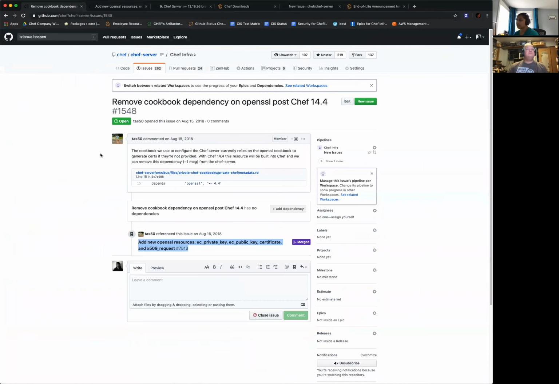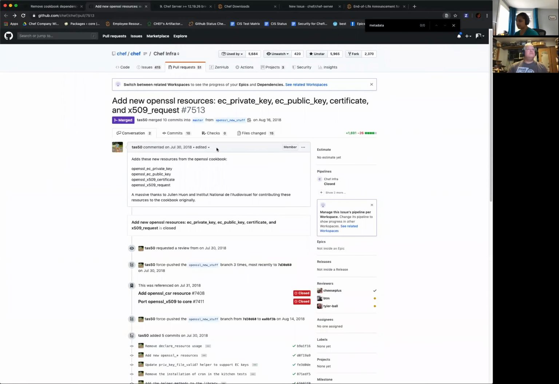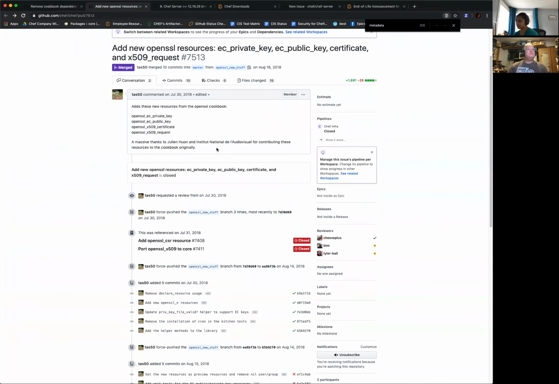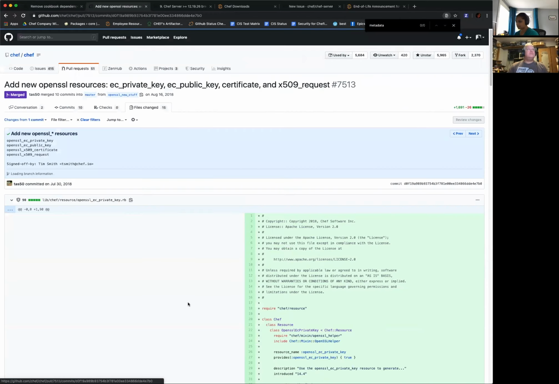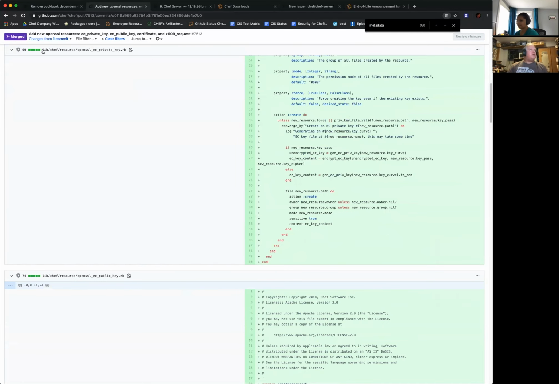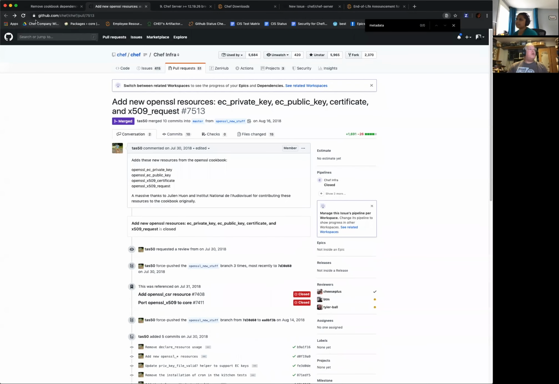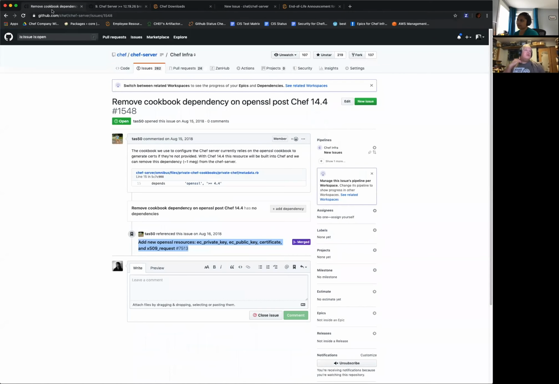This is a metadata file, right? Metadata.rb, private chef metadata.rb. That's a change to chef we're looking at, right? Oh, yes. His link is to the chef change, not the chef server change. Sorry.